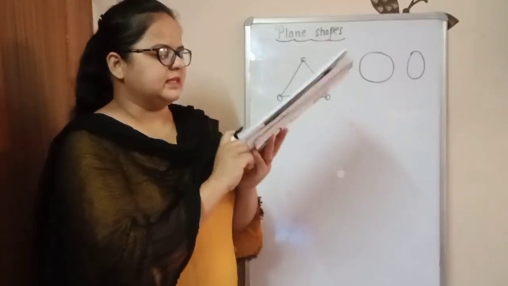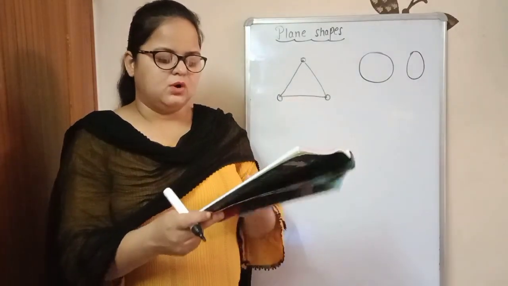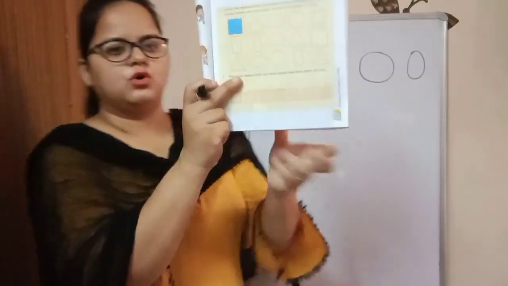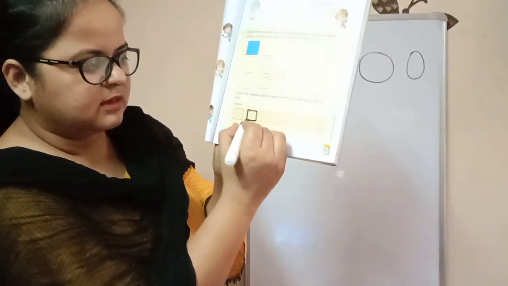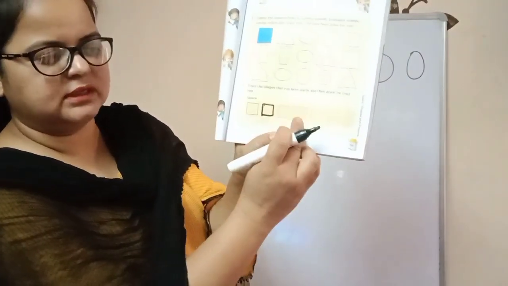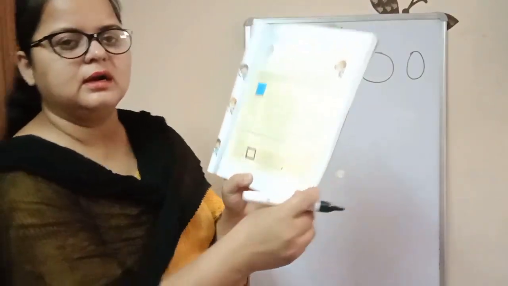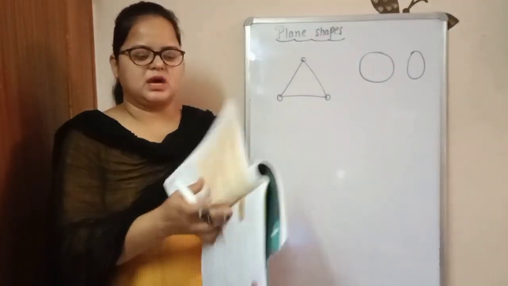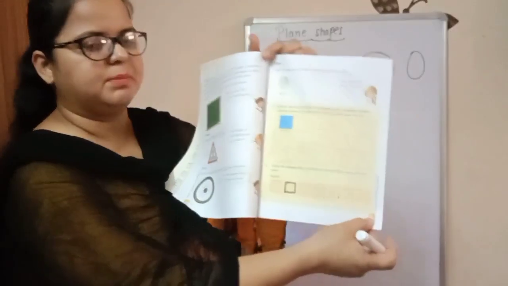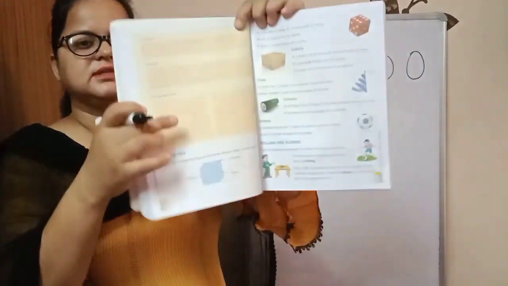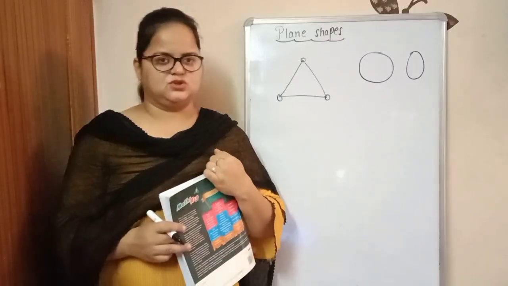Okay, and the second thing is trace the shapes that you have learned and draw on your own. First of all, you have to trace these shapes like this. 3 times it is given like tracing, and after that you have to draw the shape here by your own. अपने आप आपको यहाँ पर shapes draw करना है. So this is your homework on page number 55 and 56 till here. You have to complete this page in your homework today.